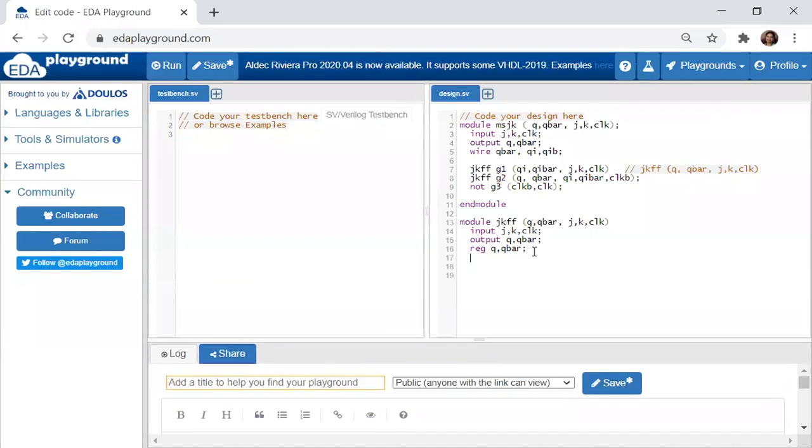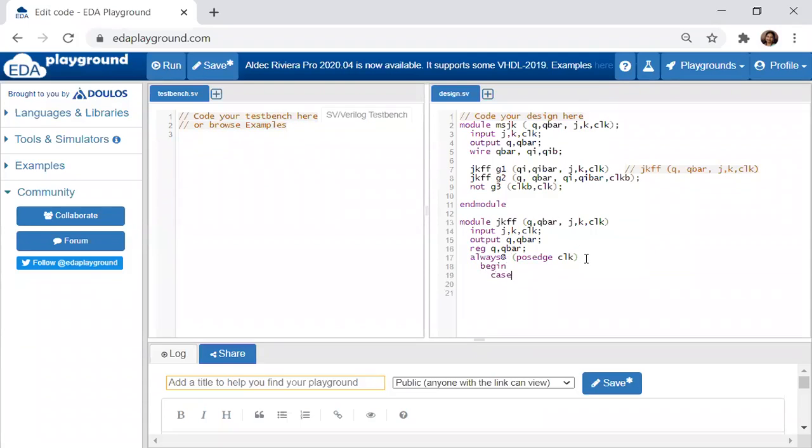We already know how to write the program for JK. Always at positive clock. This can also be a negative clock, but as per the explanation we have seen, I've considered a positive clock, so I've written it as positive. Begin.